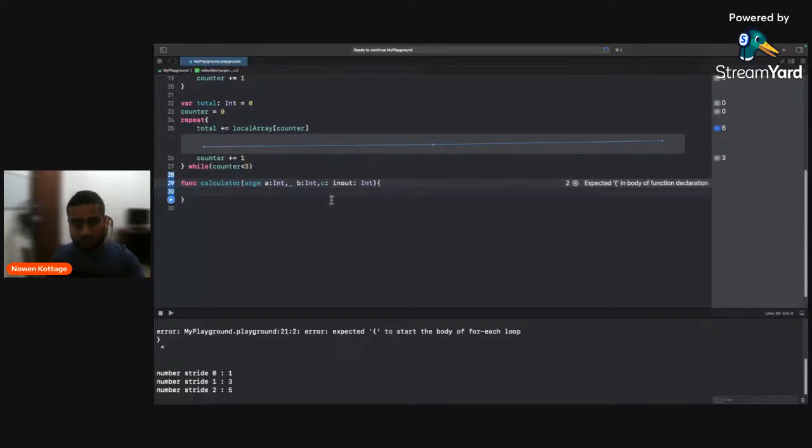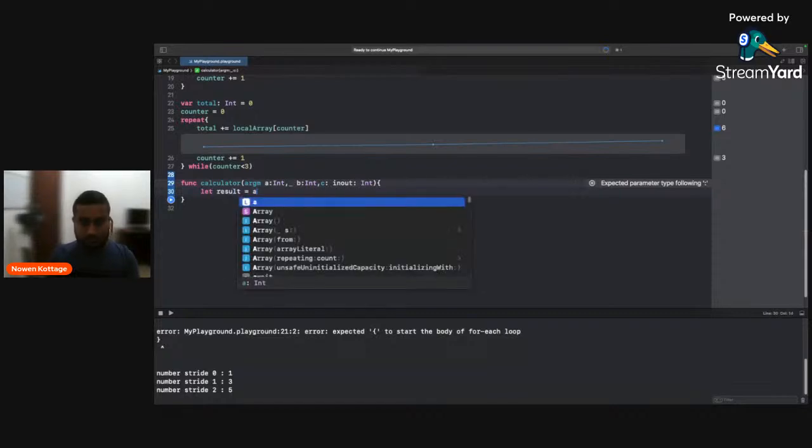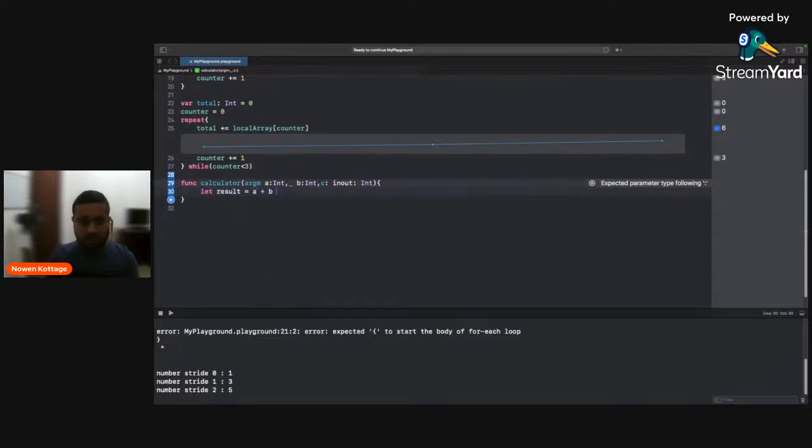So then I'm going to have result equals a plus b plus c. I'm going to return this, c equals, sorry, c equals result. Yeah. So we call this function